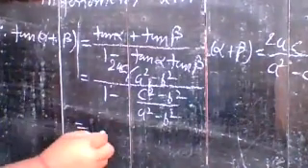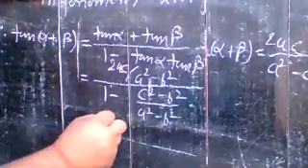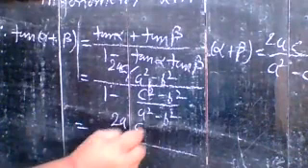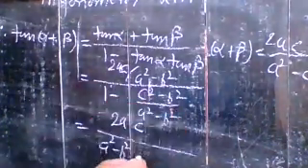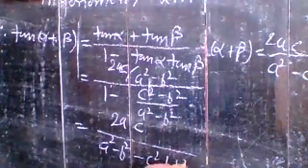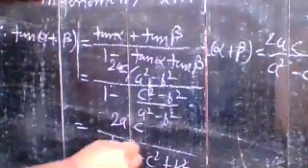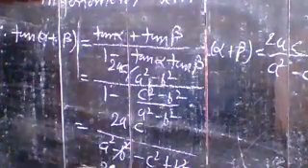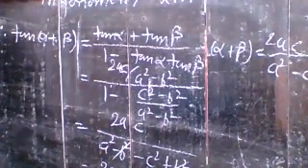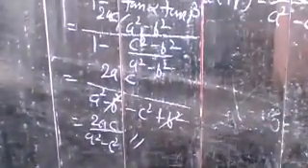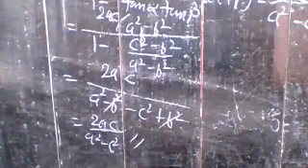Okay, so right. 2ac, and here you can write a square minus b square, and changing its sign, minus c square plus b square. So b square cancels out, and you have 2ac upon a square minus c square, which is your result. 2ac upon a square minus c square is your required result. Okay, note it.